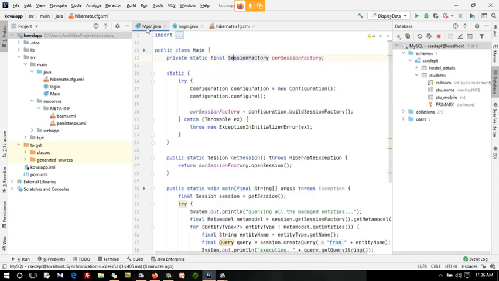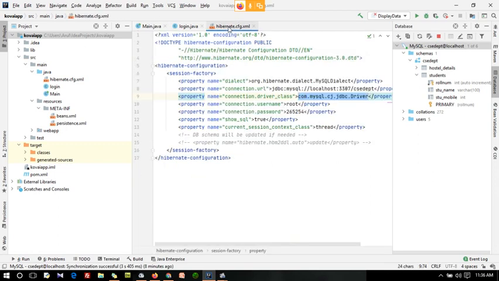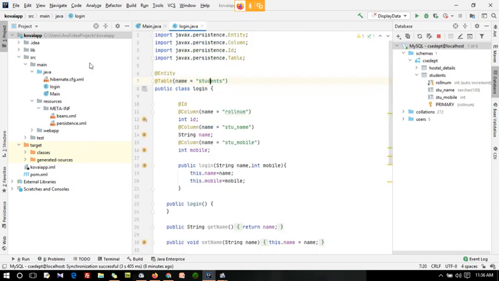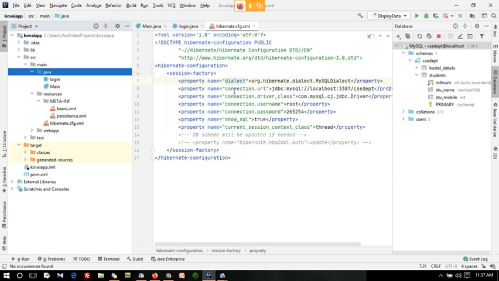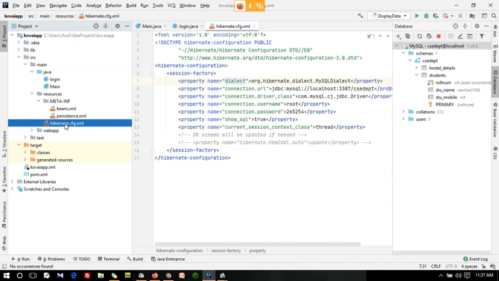So now the main class is ready and the Hibernate configuration is ready. After configuring the hibernate.cfg, guys, what you should do is close this Hibernate file and replace the Hibernate file inside my resources folder. That is very important. At the time of execution, the server will check the resources folder for my Hibernate file. This should be inside my resources. That is the main thing you want to replace.